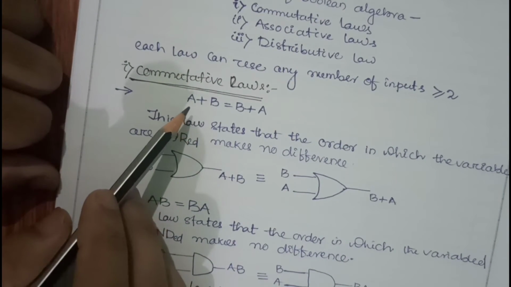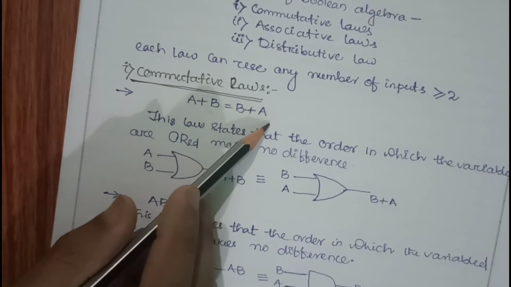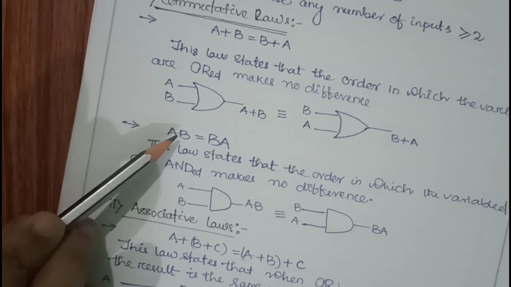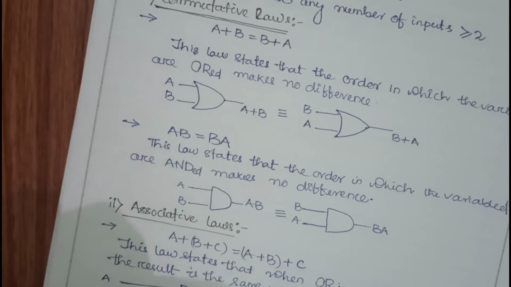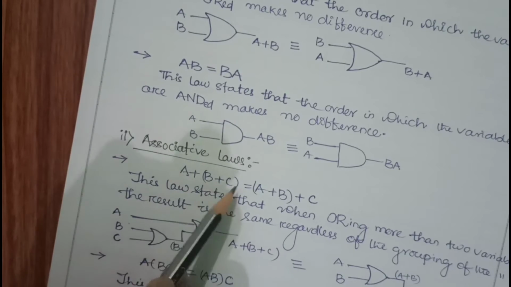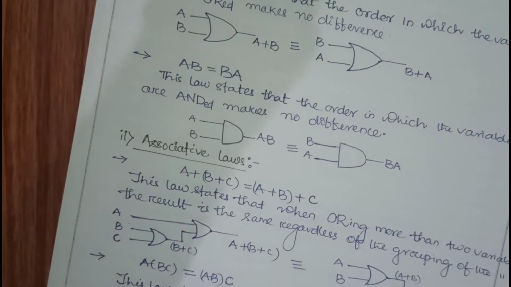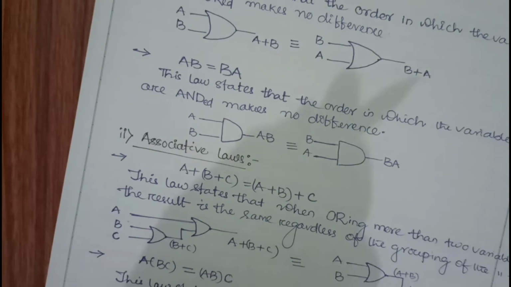Commutative law says for addition there is no difference for the order. A plus B can be written as B plus A. Similar to multiplication, if I take the AND operation of AB, then I can reverse that one. The order does not matter. What is associative? Similarly, if I have 2 or 3 terms ORed, whatever the sequence, that doesn't matter. Whether you first OR B plus C, then with A, or in the second case, if you add A plus B, then with C, it also doesn't matter.